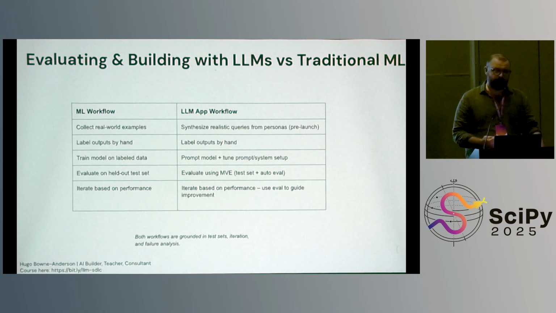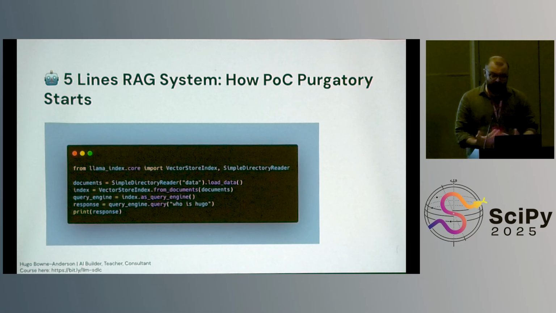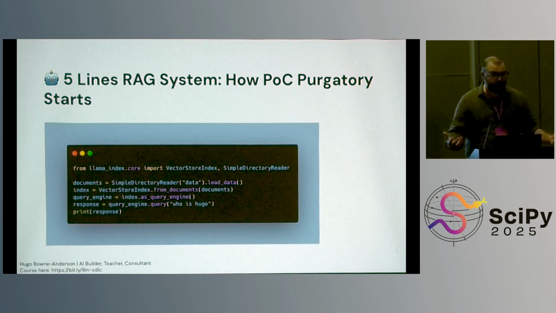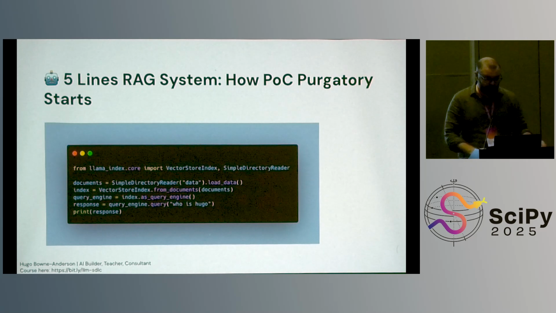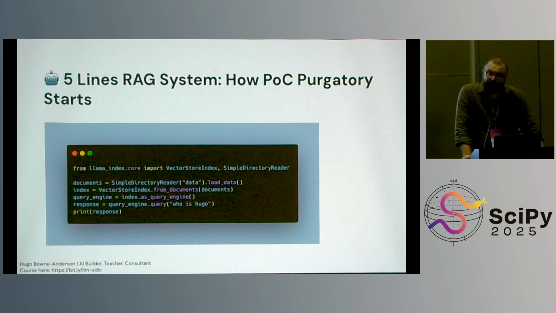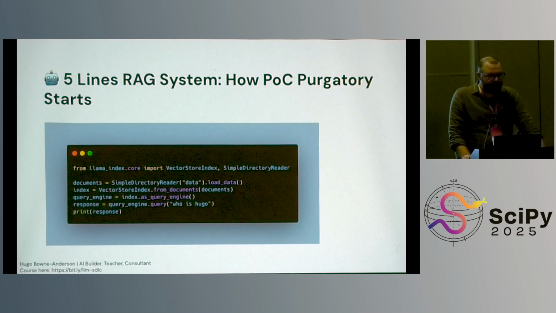So what I want to do now is show you how proof of concept purgatory actually happens and the most common patterns here. If you use LlamaIndex, and I'm just choosing LlamaIndex out of many wonderful frameworks, many of which have a similar challenge, this allows you to build an information retrieval system in 5 lines of code, okay? And it works out of the box for a lot of things really well, actually. But it's abstracting over a lot of the details, so if you wanted to change anything or iterate, you won't be able to fix it with this, right?